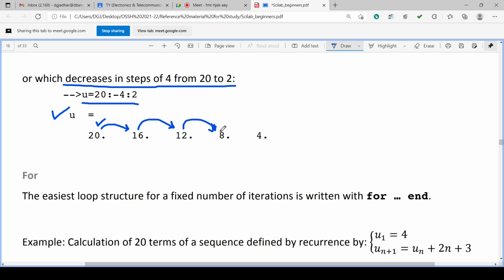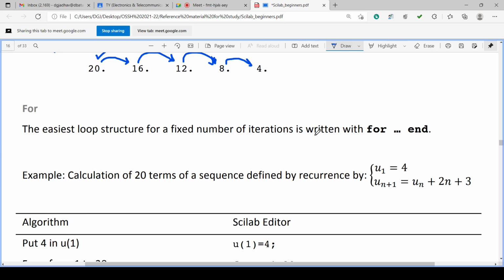And 8 minus 4 is 4. 4 minus 4 is 0. But 0 is not allowed, because the ending value is 2. So 0 will not be generated, it is not a part of 20 colon minus 4 colon 2. So 0 will not be there. 20, 16, 12, 8, 4. So this is the example of decrement or decrease.